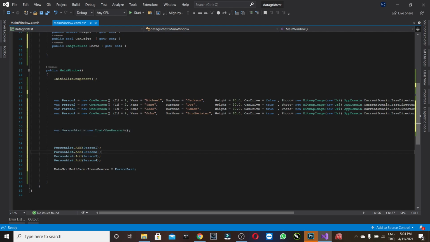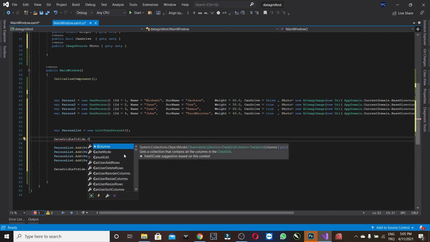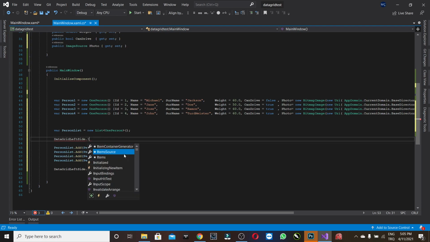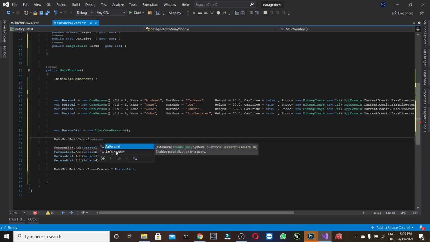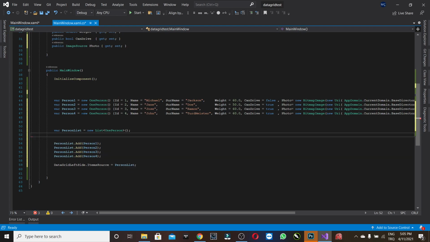This is why it's important to first add everything into one list, and then making it the item source of the data grid. Because if I use data grid left side children or items, this is not an enumeration list. Items dot, maybe I have to convert this to as queryable, then I have to do some extra work and go deeper. It's not necessary. You just add everything into one list,